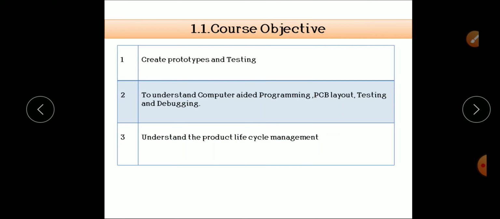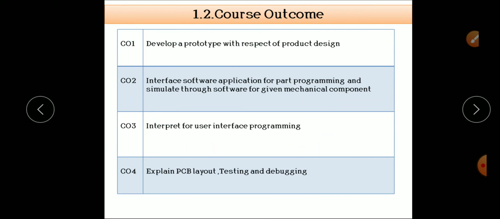Second, to understand computer aided programming and PCB layout, testing and debugging, and to understand product lifecycle management.